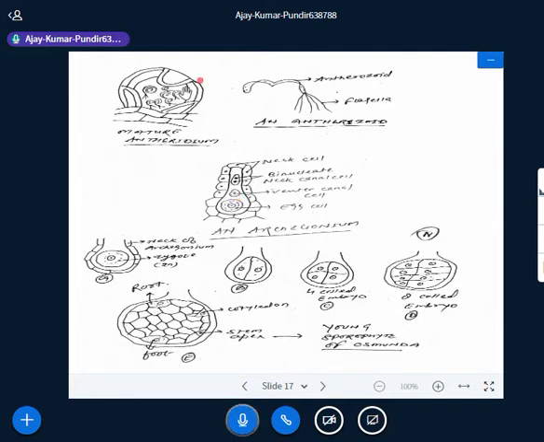What happened during the development of antheridium? Many cells of the prothallus first become superficial and function as antheridial initial cells, and after development they produce the antheridium. And what happened during the development of archegonium? Any cell of the prothallus functions as primary archegonial cell, and after development they produce mature archegonium.